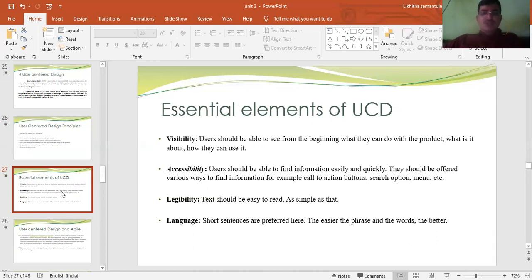They should be offered various ways to find information, for example, call to action buttons and search option menus. Legibility. Text should be easy to read, as simple as that. Language. Short sentences are preferred here. The easier the page and the words, the better.